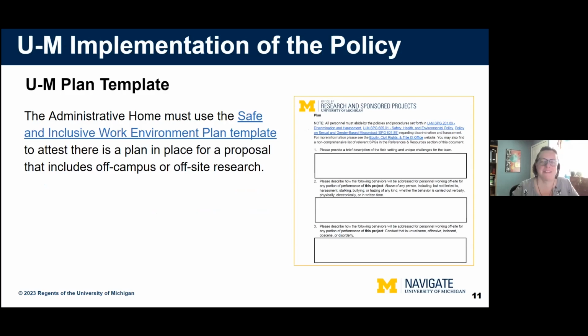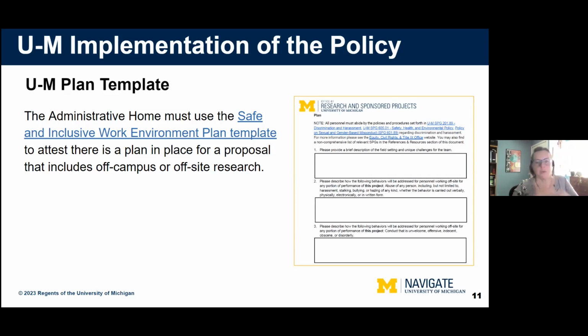Great, thanks, Pat. So ORSP has created a U of M plan template, which you likely have seen, at least in some of the material from ORSP and on the website, if you've looked there. For the plan, project teams are required to use this template for drafting their project plan. It pulls together the relevant U of M policies about harassment and all that stuff.